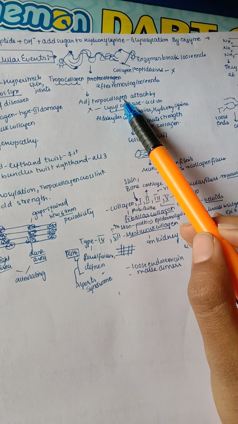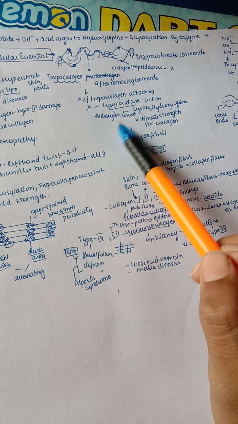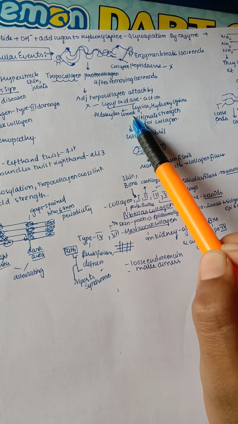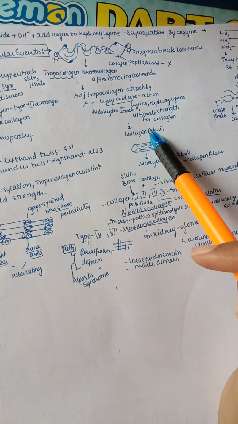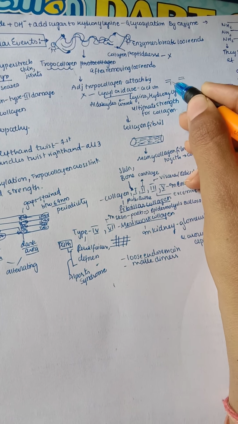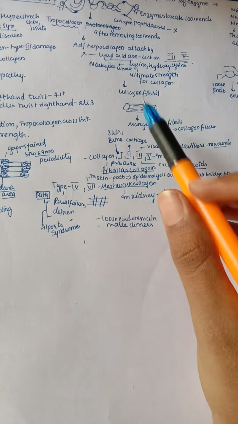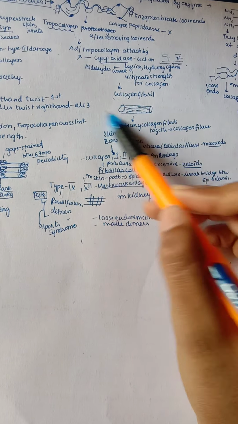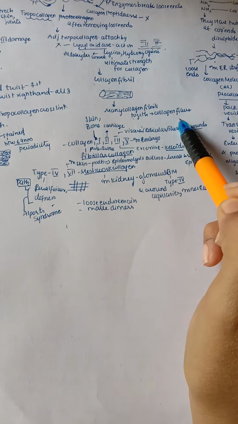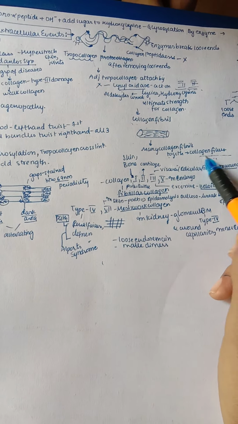So adjoining tropocollagens are attached by lysyl oxidase, which acts on lysines and hydroxylysines mainly, which are present. Now these are converted into aldehydes and give the ultimate strength for the collagen. So this lysyl oxidase may attach like bridges like this, so that it gives the ultimate strength for the collagen. So now the collagen formed is known as collagen fibril. So this is the collagen fibril, and many such collagen fibrils together form the collagen fibers. So this is how finally our collagen fibers are formed.